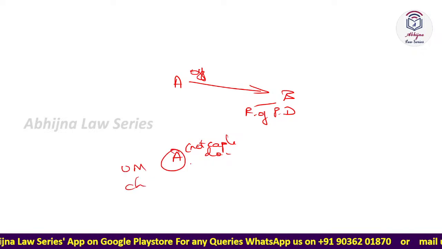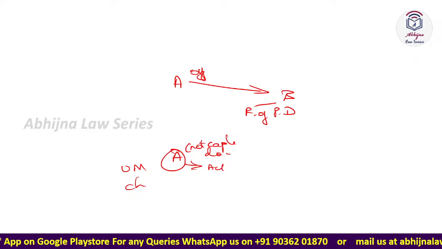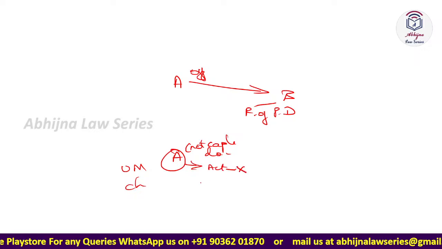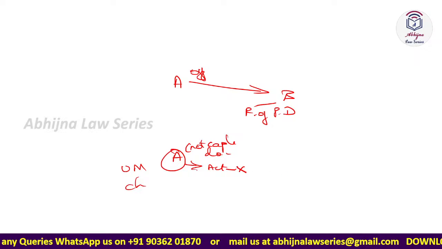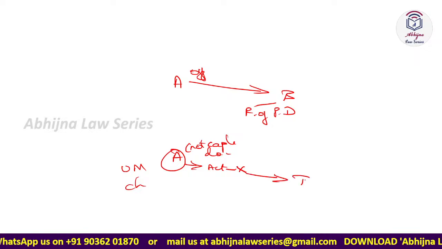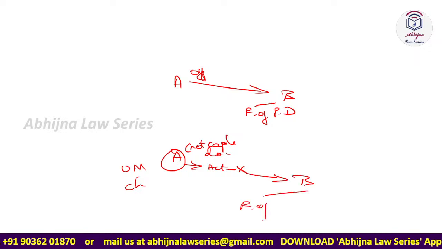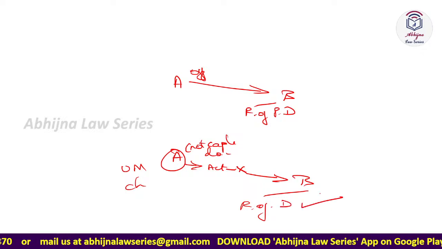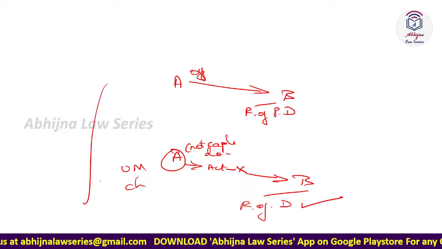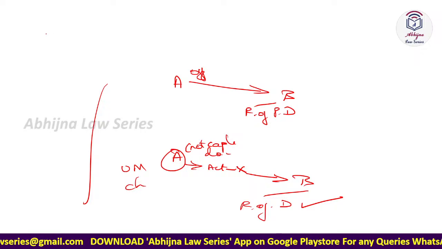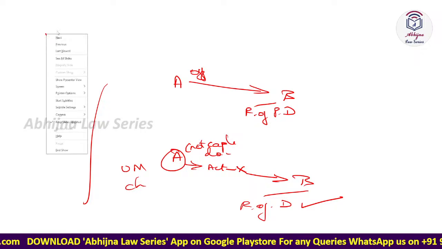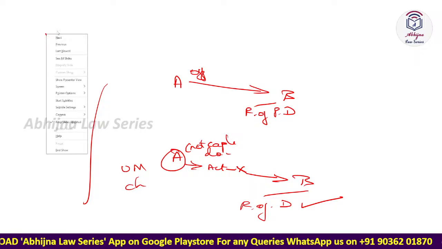Even though they do a certain act, it may not amount to an offence, but can the other person B use the right of private defense? Yes, he can. This is one rule. But what about the other case? The question was,